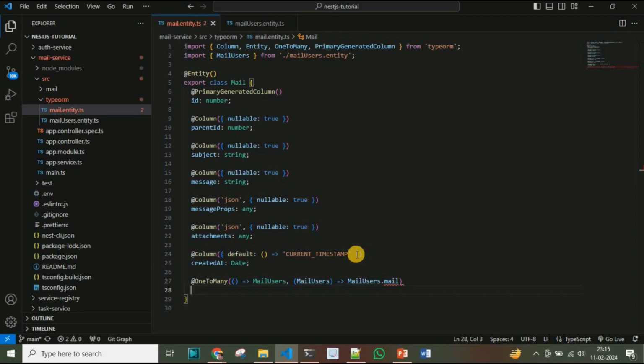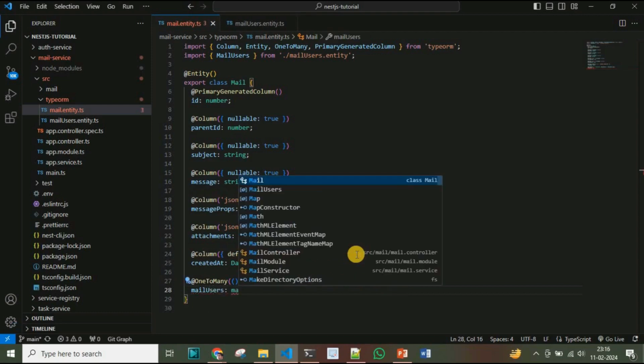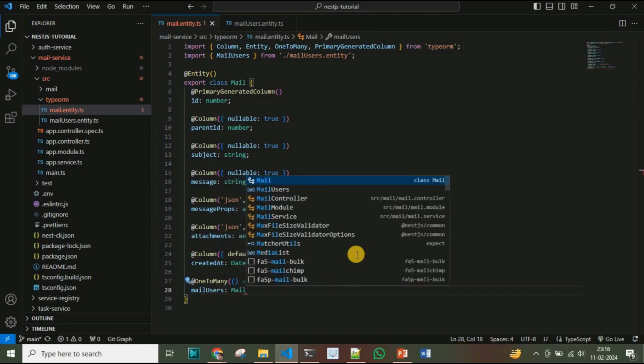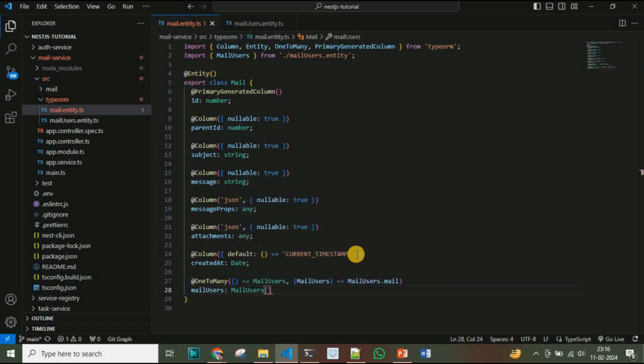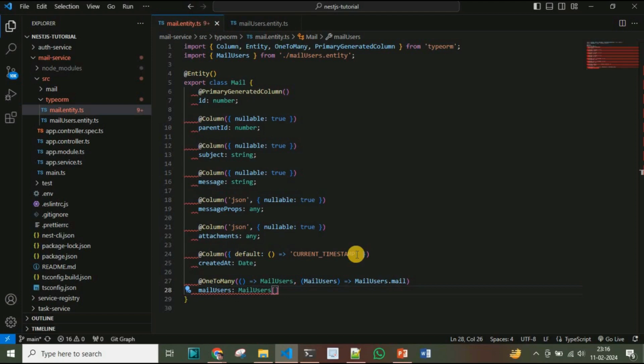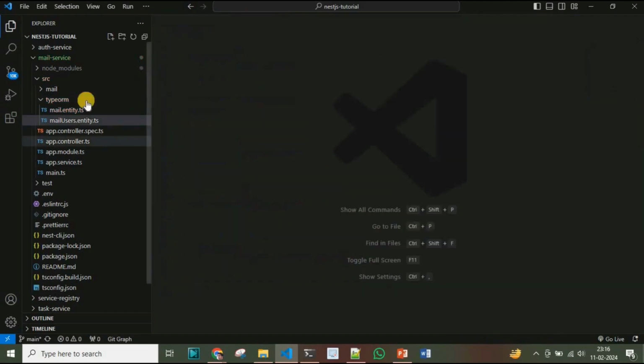The second argument specifies the inverse side of the relationship, and here the mailbox users, or the mail users, will have a mail users array. So we defined our classes, the mail and the mail users, by the entity. Next, I will take the